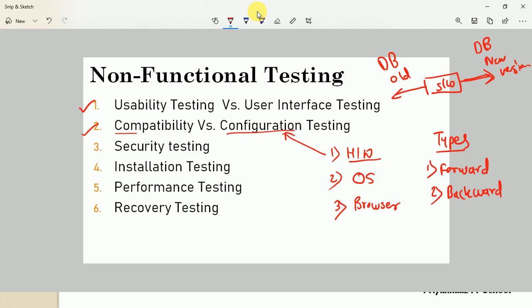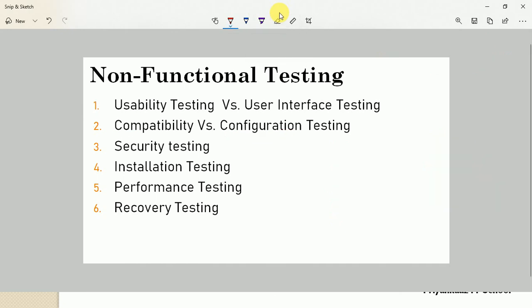Now we need to focus on the third important parameter, that is security testing. Now let's see what is meant by security testing and why it is important. See, these days, with the wide usage of the internet for different software applications, security is an important requirement, right? So applications should be developed with a basic level of security. Security testing means we simply focus on important parameters of the software application.